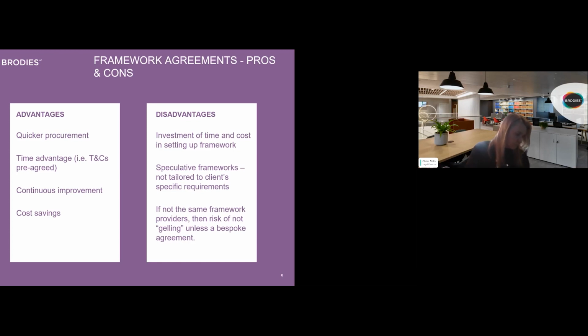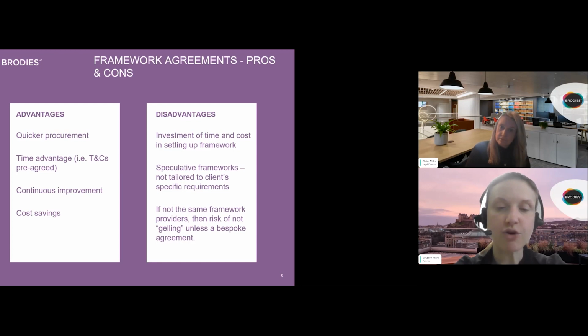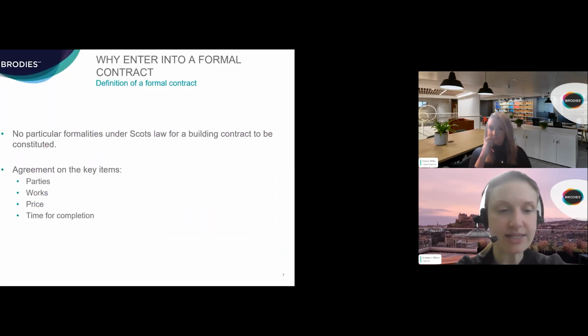So using a framework is one way of contracting and involves a formal written agreement. But going back to basics, why enter into a formal contract at all? The next slide, please. So I'm thinking here of the situation where the client has issued tender documentation to the contractor and the contractor has then submitted their tender. There may be a bit of back and forth while some final terms are negotiated. Maybe there's some revisions of some documents, and then the client accepts the tender, usually in writing, and the contractor